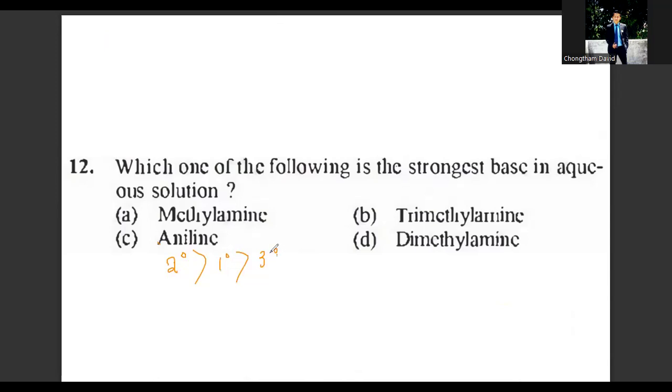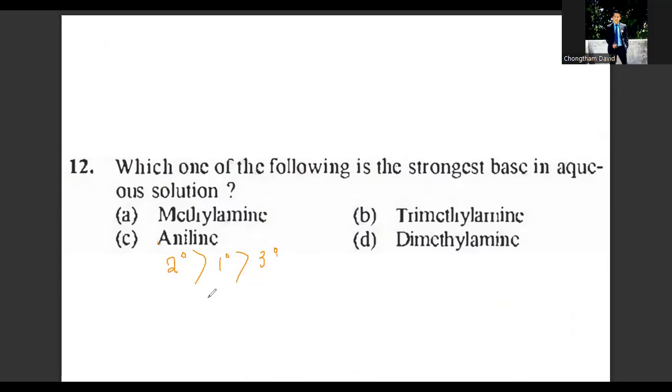Okay, and the electron density will decrease from tertiary amine due to crowding of the alkyl groups over the nitrogen atom, and that is the reason for this decreasing order. All right, so as this tertiary amine, due to crowding of alkyl groups over the nitrogen atom, it makes the approach and the bonding by proton relatively difficult. Therefore, the basicity will decrease, and further, this